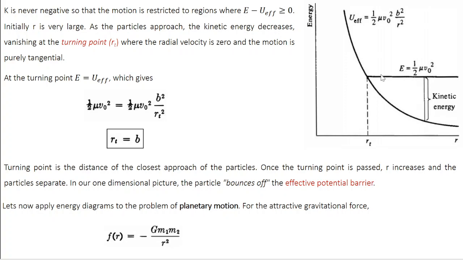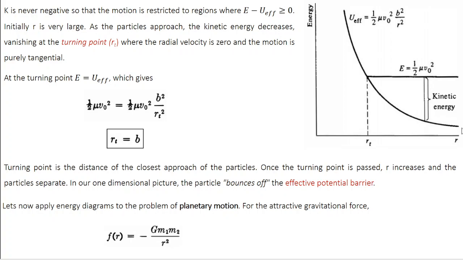So this is our area of interest. Other than that, if you go to this region, you can see the effective potential energy is greater than the total energy. So this is the forbidden region and this is the allowed region for us. And the difference between total energy and effective potential energy, this height, is the kinetic energy. So with this understanding, let's try to analyze this graph.